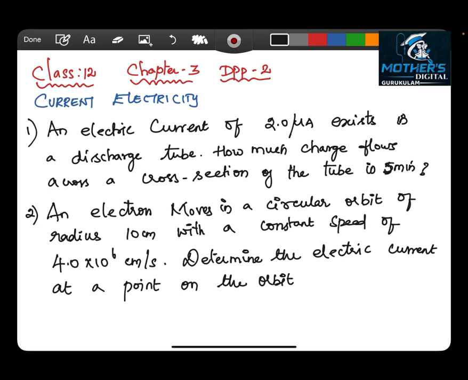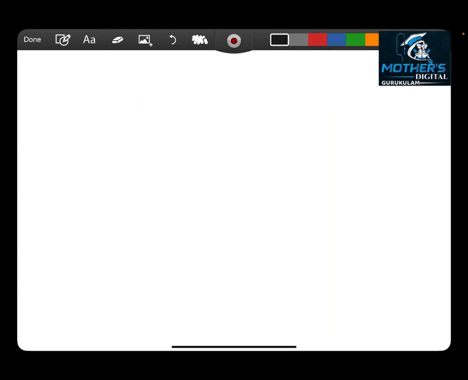Come, let us practice some daily practice problems for class 12, chapter 3, current electricity related numericals. The first question: an electric current of 2 microampere exists in a discharge tube. How much charge flows across a cross section of the tube in 5 minutes? So the data are